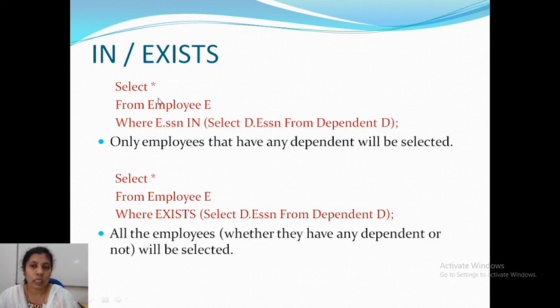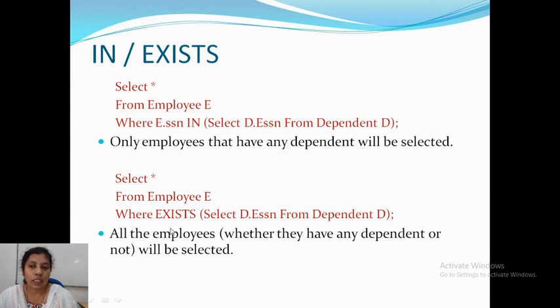And now in the employee relation or table, you're comparing the SSN attribute with the employee SSN of dependent. If any of the SSNs are matching, or if these SSNs are present in this list, then for such employees you will fetch the values.